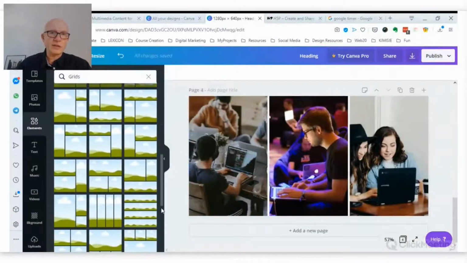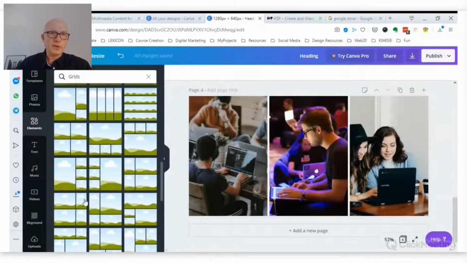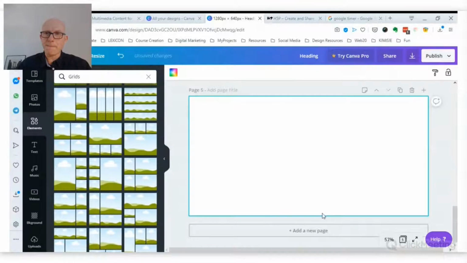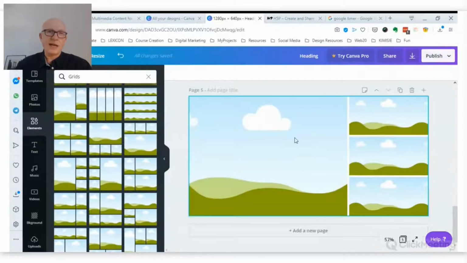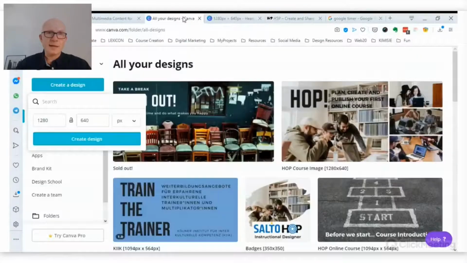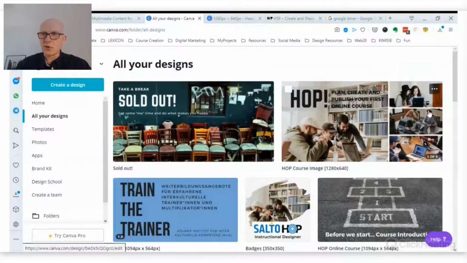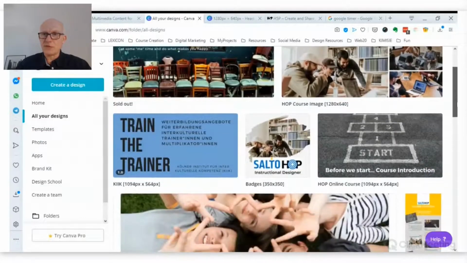So grids, there are a lot. So if you, for example, remember the course image uses a grid like this. So you have the main picture here, 3 smaller ones there, and the course title, etc. You can do a lot of things with it. So course image. Then I have